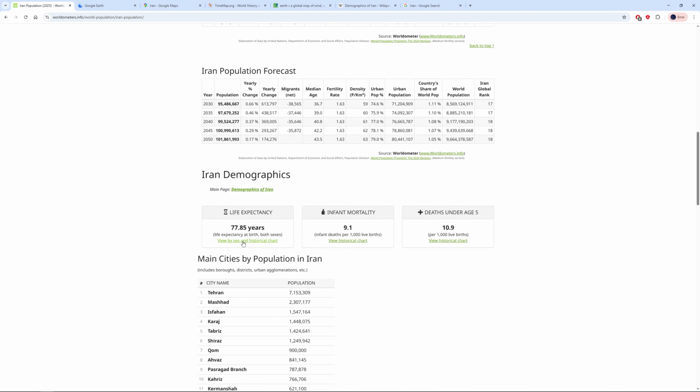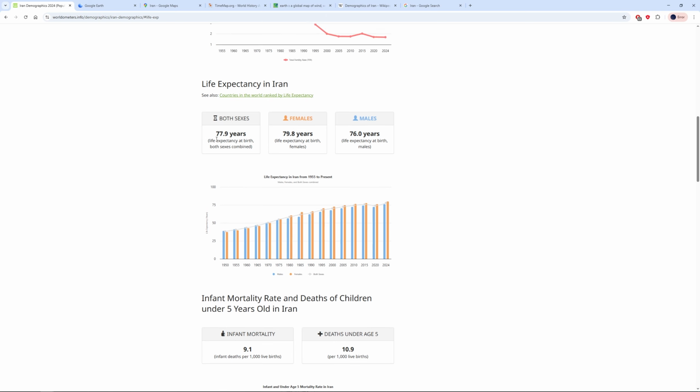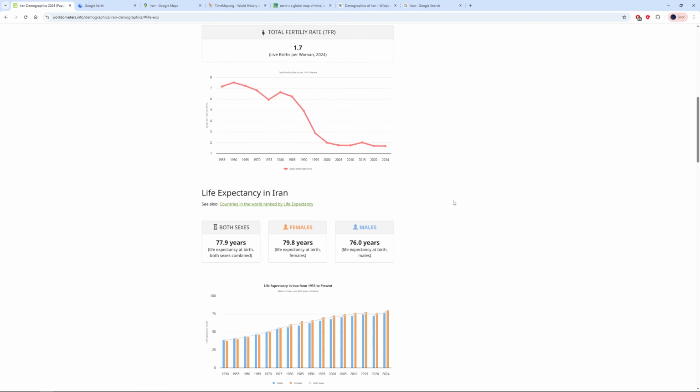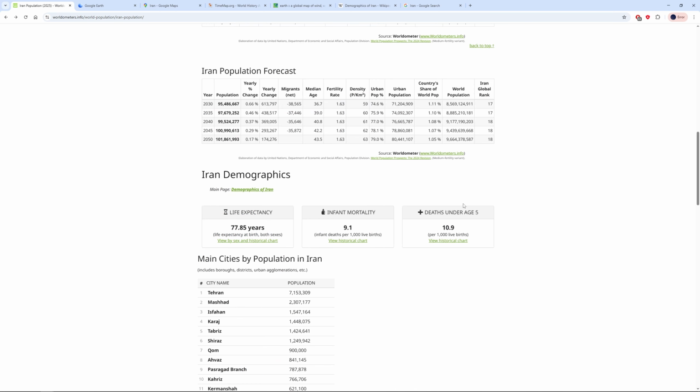The life expectancy now, that's a bit interesting here. They're still on the rise, except for the pandemic time, but they are rising for both sexes. It's 78 years old for female, and male at 76. So they are pretty close, actually. They're living, I would say, a good amount of their years.